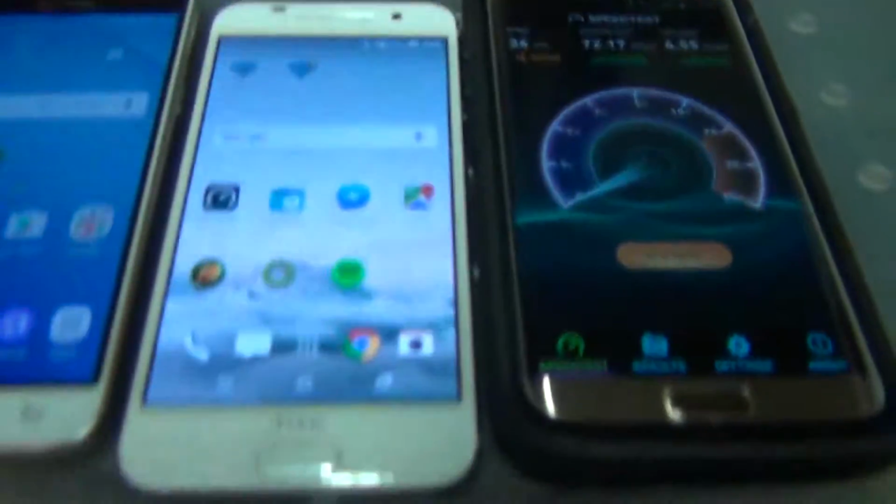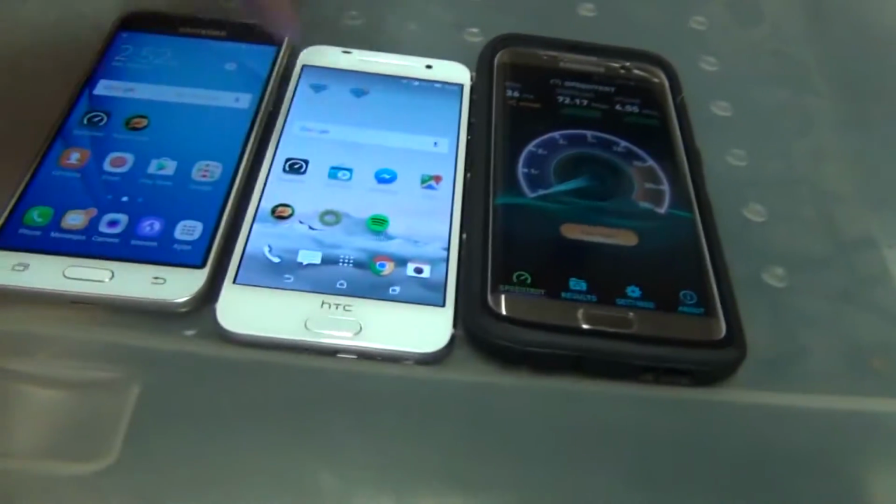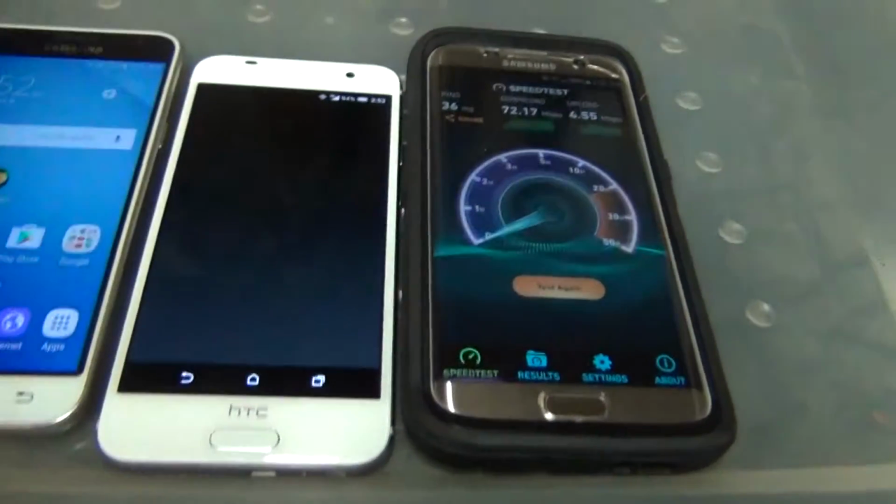And if I put a USSD code in, pound, for example, if I put a USSD code in, okay, right there, I just switched it over to 4G. So 4G is going to beat 3G, obviously. And it didn't stay. So let's go ahead and do a speed test real quick on the 3G network of